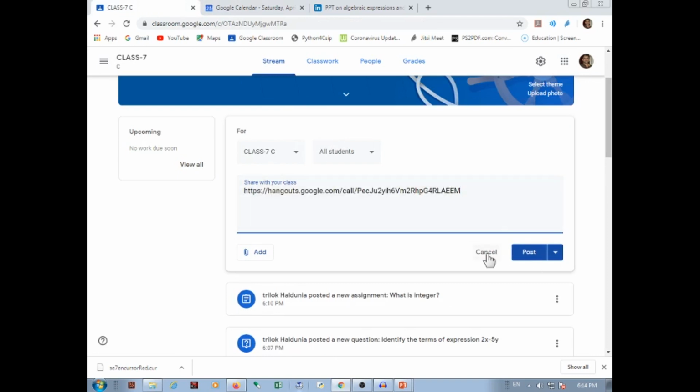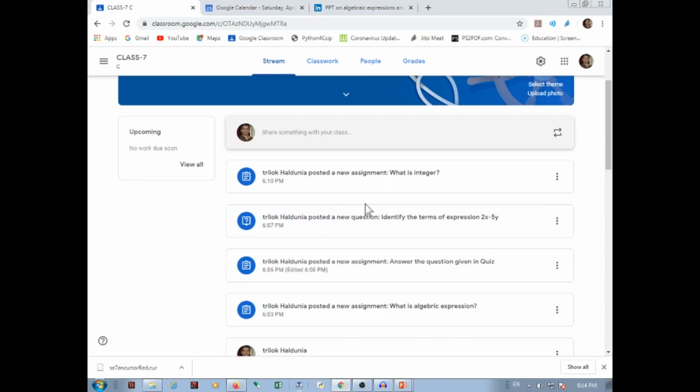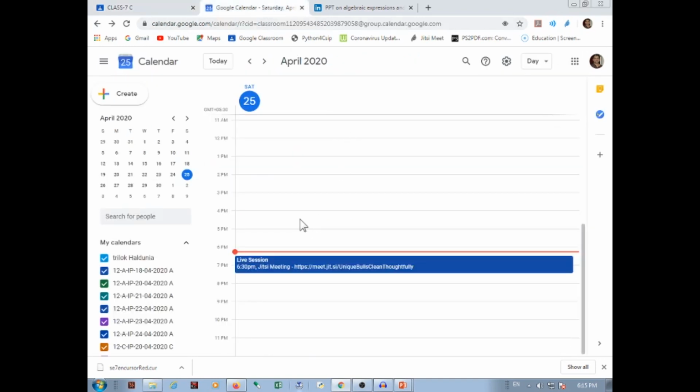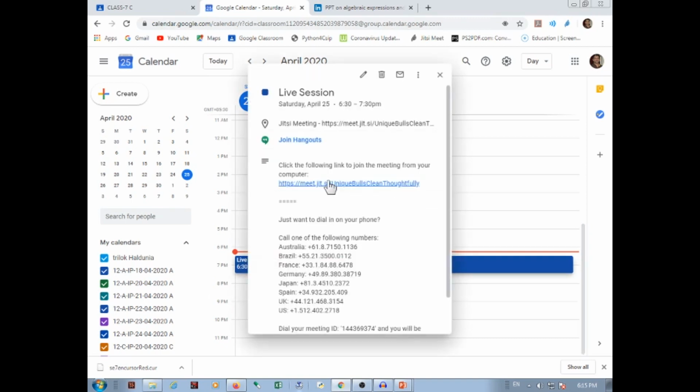So they will join and you can live interact with them, both using the GISC meeting and using the Hangout. In both ways you are also able to share the screen. Desktop sharing is also available there. So if you want to, click on this GISC meeting and click the link, and you would be directed to the video call like that Hangout.